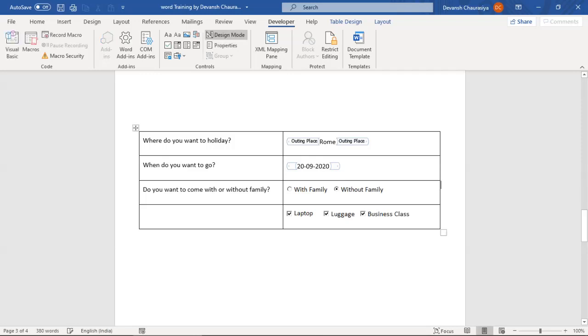Okay, so come out of design mode, your preferences. So multiple choice, my preference is I want business class for sure. I will have luggage. I'm going on holidays, so I will not be carrying a laptop. Right now, you see that it is a kind of time-consuming thing. So ideally, what we should do, we should save it. But let us say if you want to use it again and again, you can